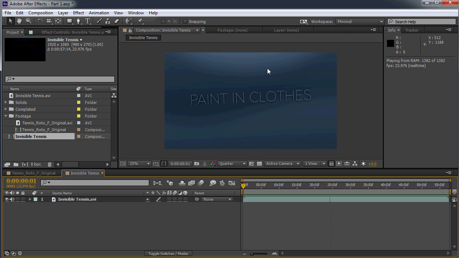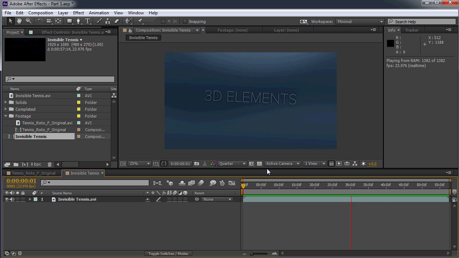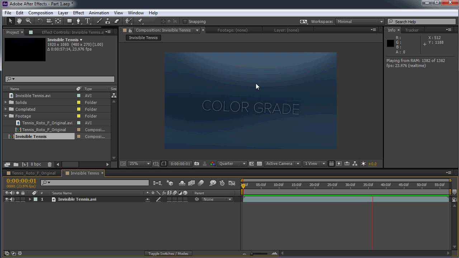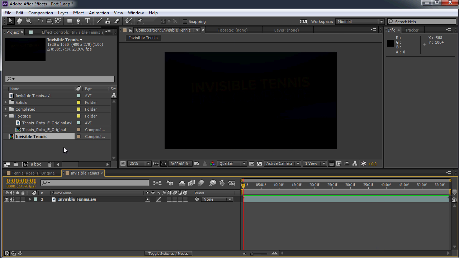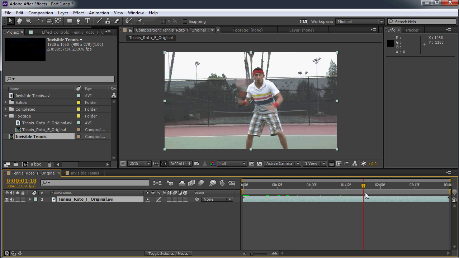It's not too much of an artistic process. It's more of just a technical process of going through and cutting things out. But there are a lot of things that you can do to speed this up and make it easier on yourself so we can create this rotoscoping much faster and easier while still maintaining that accuracy. So let's get started. Here I have the original clip, which is just one of my friends swinging a tennis